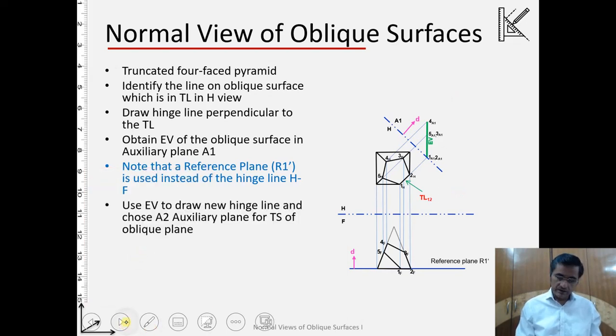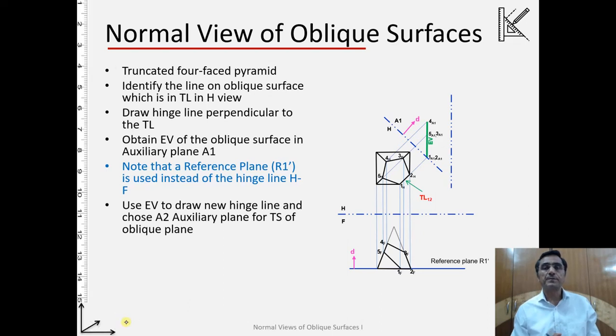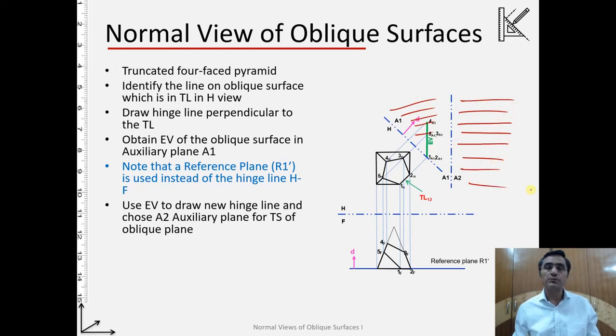If we take the hinged line, and this is my A2, the second auxiliary plane, because the A1 was here, that's the A1, and here now the second auxiliary plane A2. Of course, as per our definition, the names will now be A3, A2 and A1. So we have to measure the distances from the horizontal projection, and take the projectors from the first auxiliary plane, and then finally generate the view on A2. So let us do it.